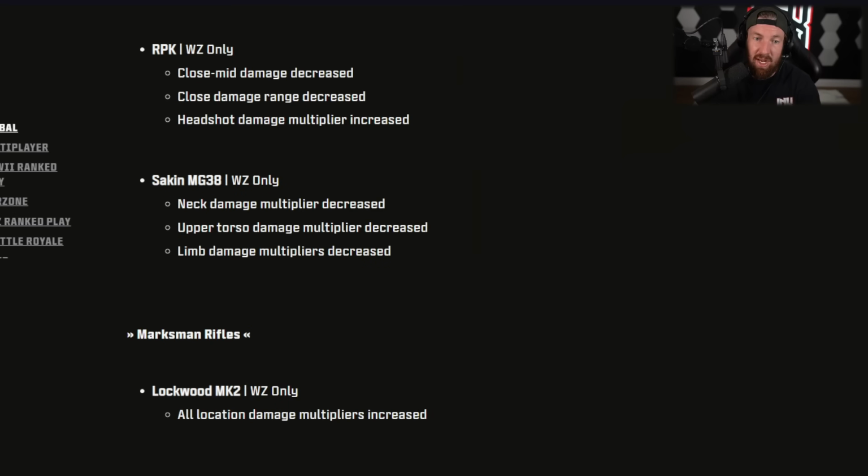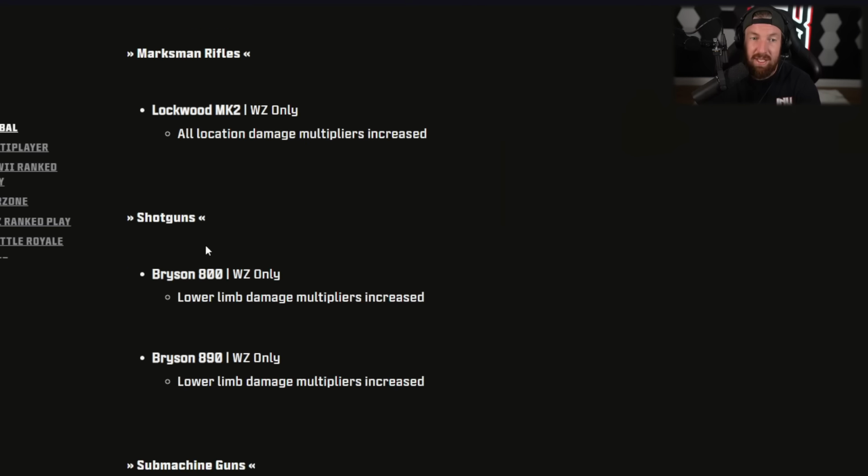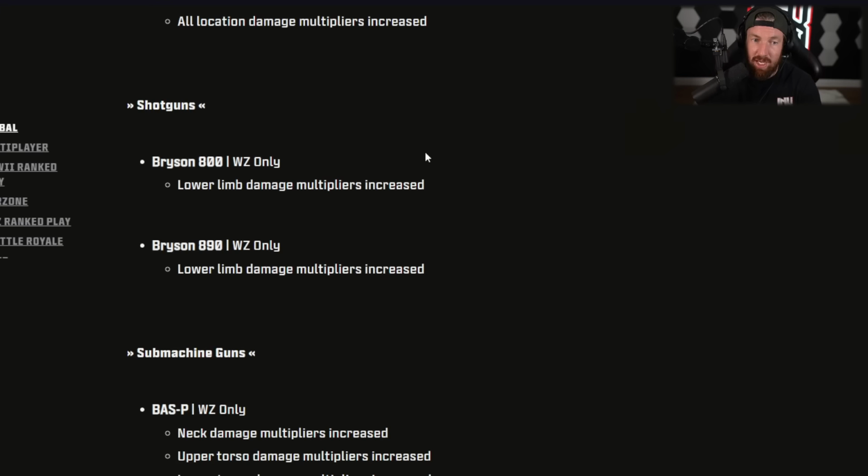The Sakin, you got a neck damage multiplier decrease, upper torso damage multiplier decrease, and limb damage multipliers decrease. In other words, a nerf all around for the Sakin. The Lockwood, all damage multipliers increase, so that's a buff for that. Shotgun, the Bryson 800, lower limb damage multipliers increase, so I guess technically a buff, and same thing with the